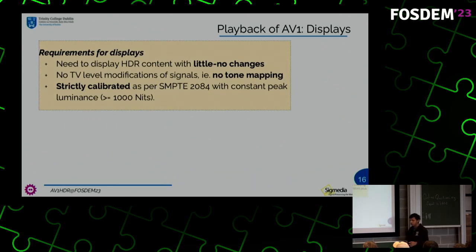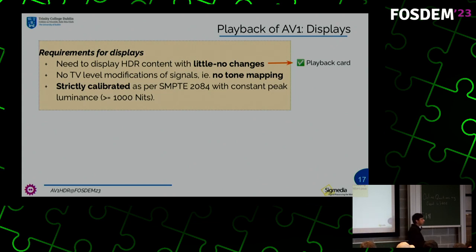So that's good. So we found a solution for playback. Now comes the question: how do you display that? The first thing is that we need to display this HDR signal with little to no changes. With the playback card, we can send the signal. That's good. Then we need to make sure that the TV is not doing any sort of funky things during